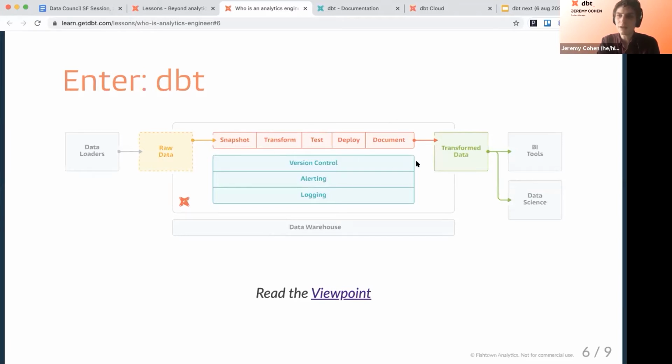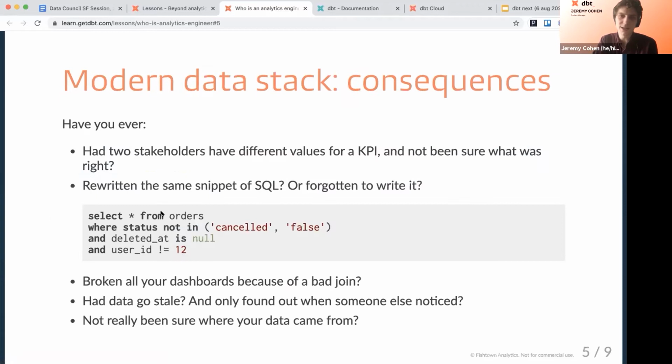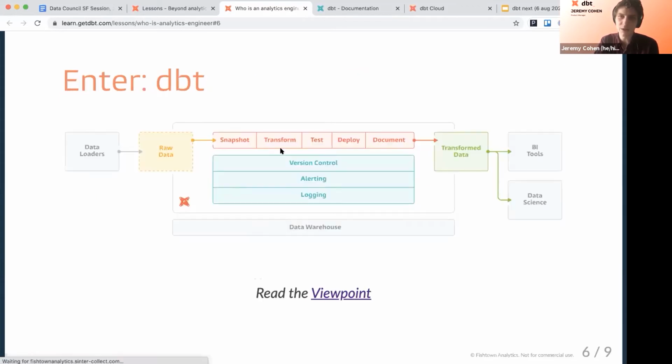And there are a lot of steps that go beyond just transformation, that go beyond just writing the SQL select statements to take orders and return the orders that we actually want. We should be testing those transformations, as well as testing our source data that feeds into those transformations.